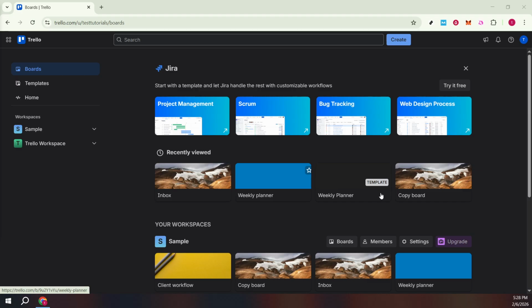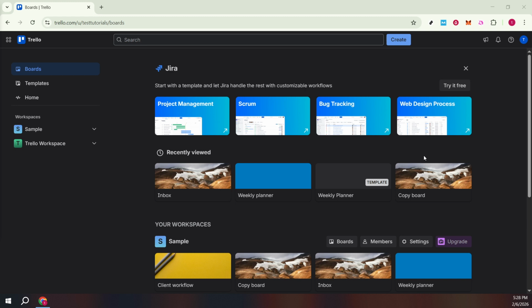First, open Trello and head to your boards view. This is the dashboard that lists all the boards you're a member of. Make sure you're logged into the right workspace and that you have permission to manage power-ups on the board you plan to use. If you're not a board admin, you may need someone with admin access to follow these steps